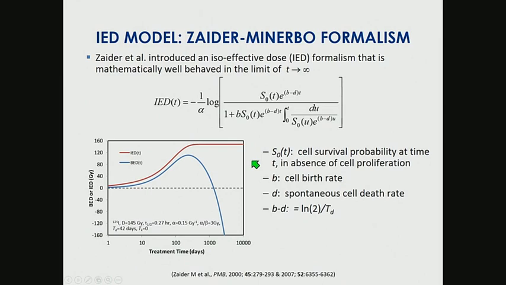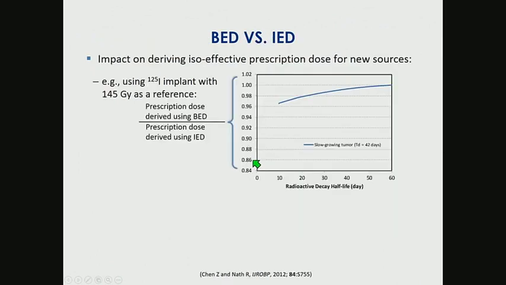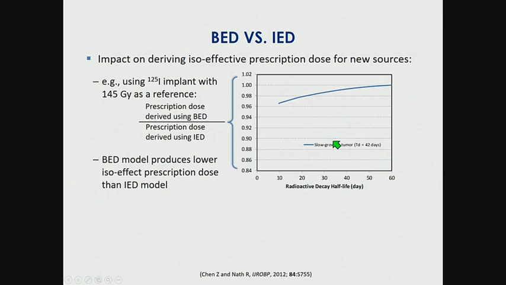So the question is whether, when you use these models to derive an iso-effective treatment, they are still equivalent. In a recent study, it was found that if we use iodine-125 as a reference treatment and calculate the iso-effective prescription dose for sources with different decay half-lives, the prescription dose derived using BED is always lower than those derived from the IED. And in the situation for this nominal parameter set, where the effective doubling time is about 42 days,